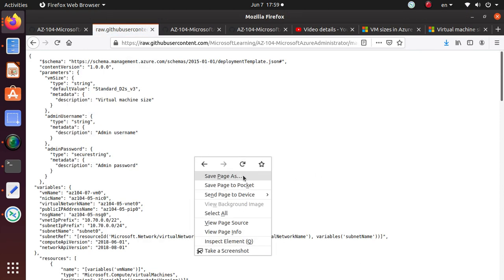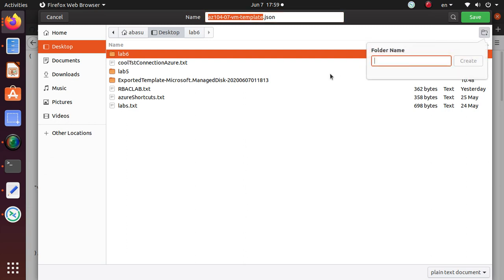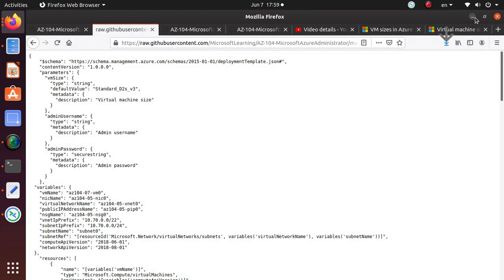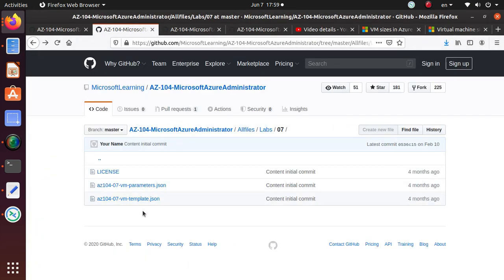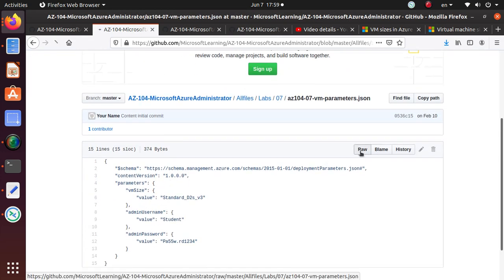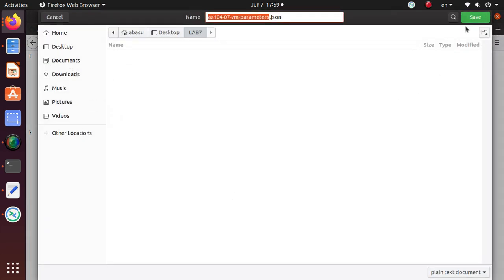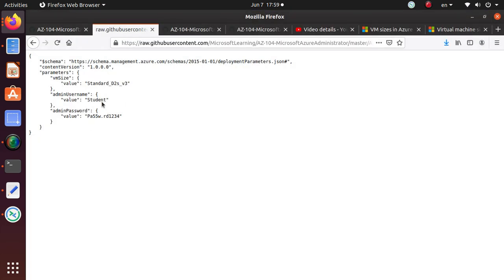So let's save this template file, and let's create a folder called lab 7, and here I'm going to save this template. For the other one, I need VM parameters that will be passed to the template file. And usually we are pretty used to this template file. Really, it has the username and password and the VM size.